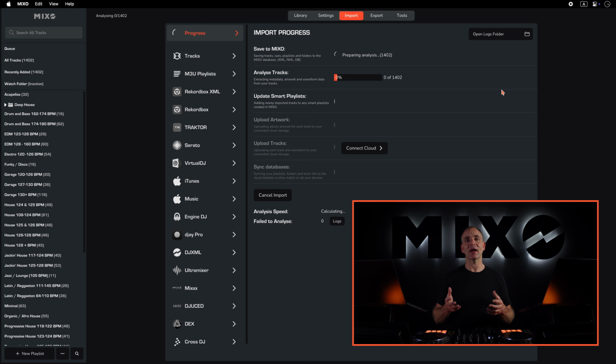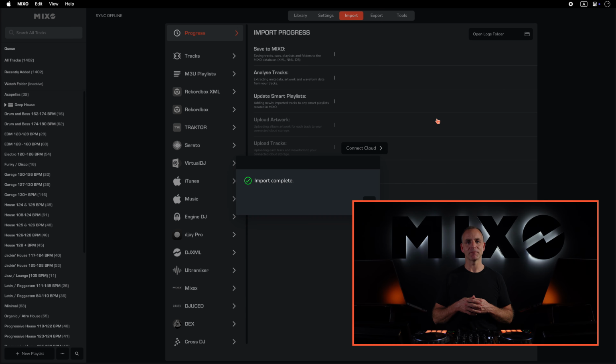When everything's set, hit the Start Import button and Mixo is going to begin importing our library. Mixo will save the tracks using the metadata info from the Apple XML file. It'll then go through and analyze each track to import the cue points and beat grids in the track tags, plus get the artwork and build the waveforms. The import may take a bit of time depending on how many playlists you choose and how big your library is, so you might want to get a cup of tea or even leave your import overnight.